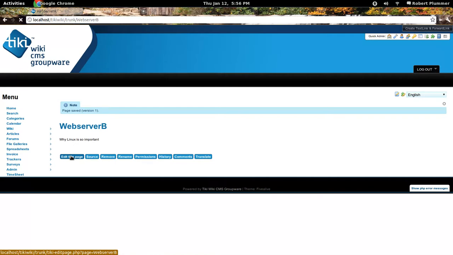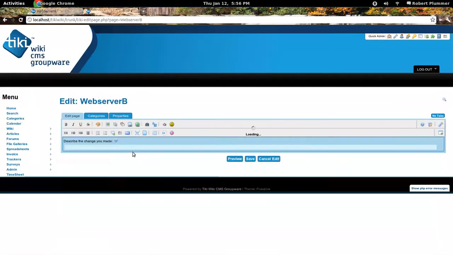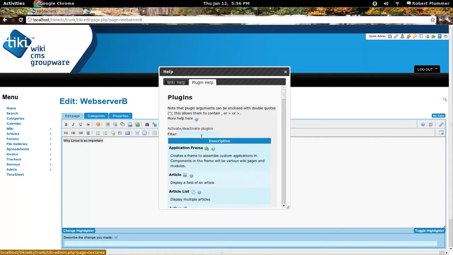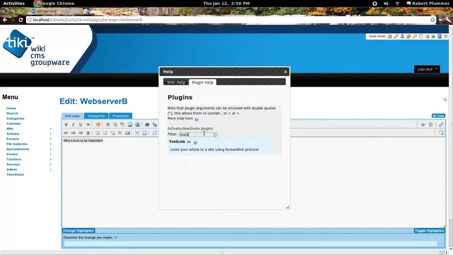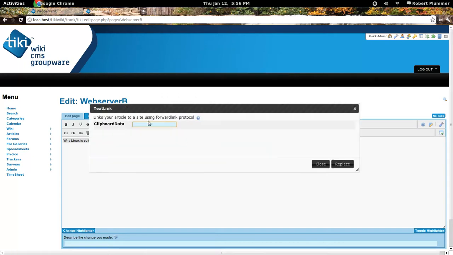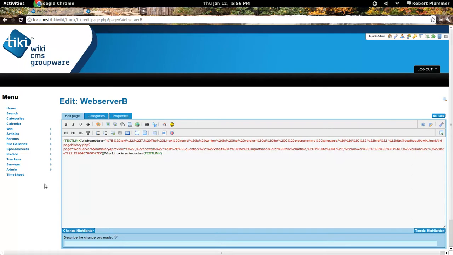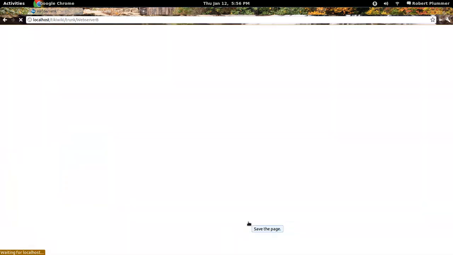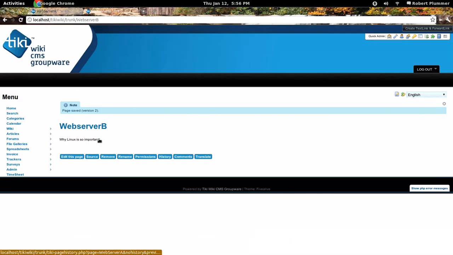So I'll go ahead and edit web server B, which I've got designed here. I'll select what I want to have linked up to that text, and I'll look for a text link. And I'll put my clipboard data in, click replace, and it injects that into the page. I'll click save. And now we've got our asterisk telling us that this is in fact a text link,